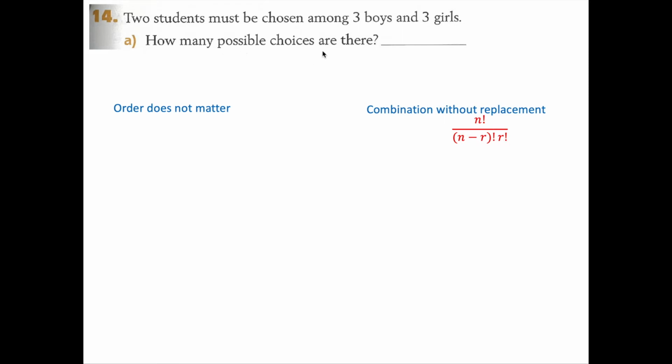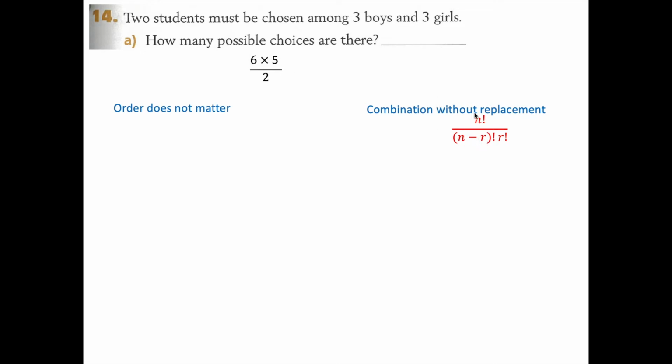How many possible choices are there? We're just going to be picking amongst 6 children. We have 6 choices for the first child, 5 choices for the second, and then the order doesn't matter, so we're going to divide by 2. So 6 times 5 divided by 2. You can think of it in terms of this: 6 factorial divided by 6 take away 2, which is 4 factorial, which is going to give you the 6